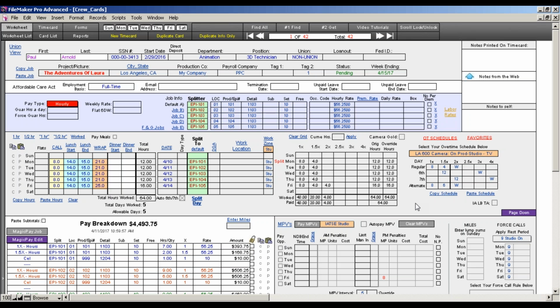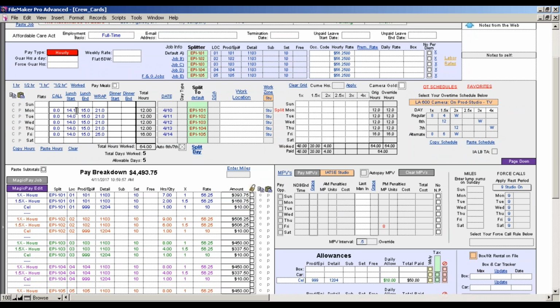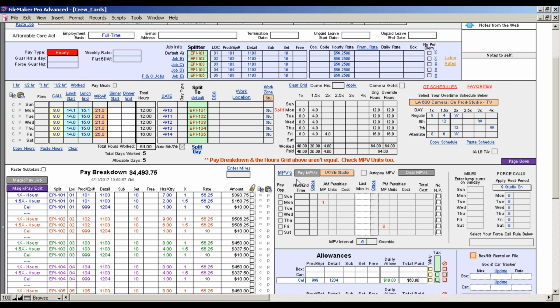I've had people who used to do Excel spreadsheets just to figure out the meal penalties for New York. Now, we're going to do the standard IATSE Studio, so that's fine. There's 8 here. There's a little too many. But here, let's go ahead and let's just put in a 14.1 here and a 15.1. Now, 2 ways to deal with this. I could call in, maybe I had a morning meal before call, and I could say, you know what,